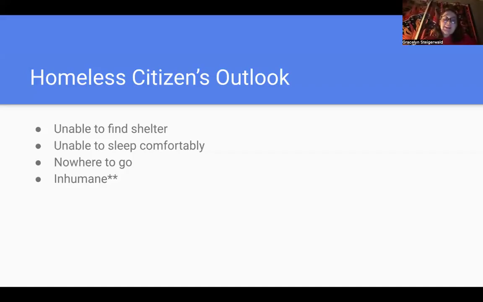It can also be argued from the homeless citizens' outlook that the architecture can be public benefit, which cannot be a proper argument due to public meaning everybody, and there's a large group of people that is separated from it. So what this is saying is that the city is saying that the public benefit would be to remove the homeless citizens from the cities as it allows more people to feel more comfortable going into the cities. But they can't say it's a public benefit as the homeless citizens aren't part of that public.